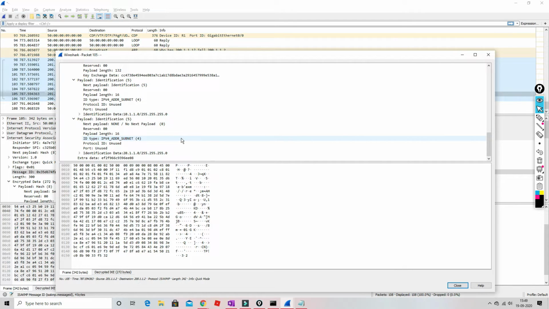Okay, so to decrypt the IKE message, what you need is the cookie ID as well as the key. So to get that, you have to get it from the device. So that is also a way to see what exactly is going on inside. So if somebody is asking you how to see what is inside this traffic, the encrypted data, you guys will be able to do that now. Okay, and this is what I wanted to cover in this video.